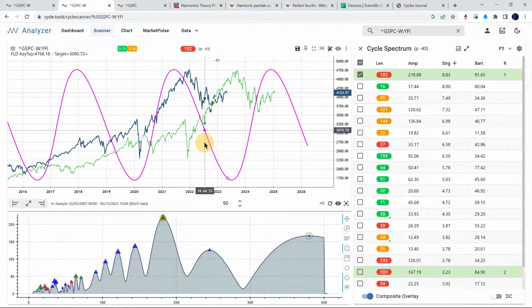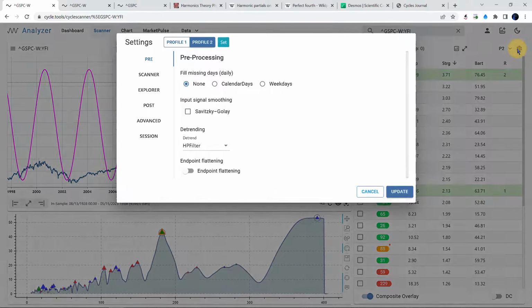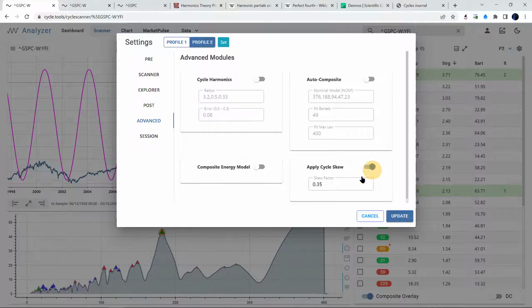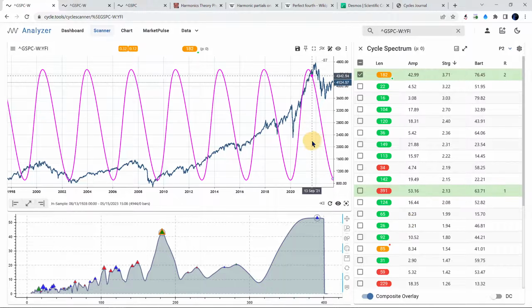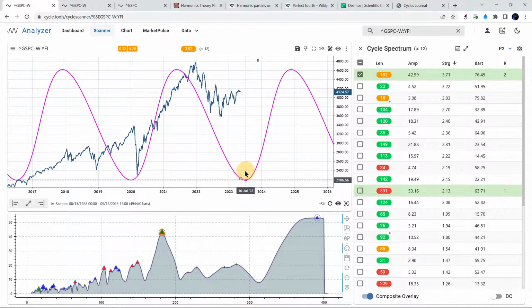This cycle, which is seen here, is still the dominant cycle with a length of 182 weeks. It's now just skewed to the current real behavior of the price action, which is dynamic. It's the principle of variation. And now we have applied this to the cycle analysis. To even show you the beauty of this detected skewness, I will go back to the longer term analysis and also apply the skew here. You can read the article for further mathematical details and apply the same skew into our projection. So now we see from our projection that we are ahead of the bottom, right? This is what the FLD showed us, but now we have adjusted our cycle analysis.